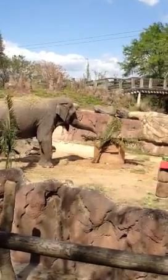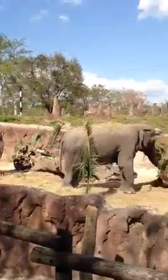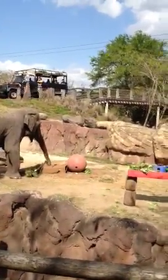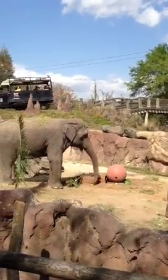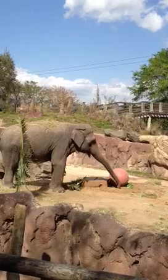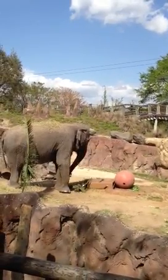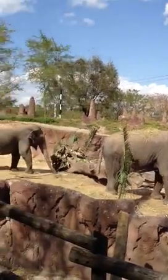What you'll see happen out here, some elephants will stop at whatever they find first, and others will... There you go. That wasn't how it was supposed to work. She found it. No worries, someone's going to play with that in a bit. Alright, so yeah, some elephants are going to find something and they're going to stay in the same place for